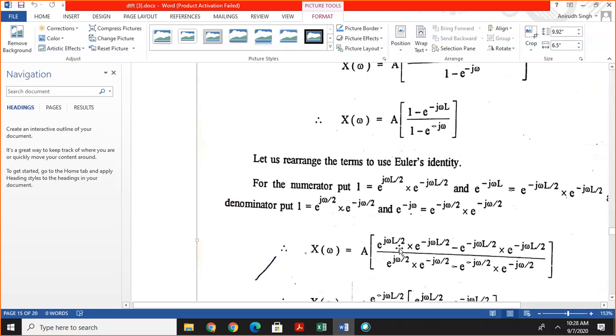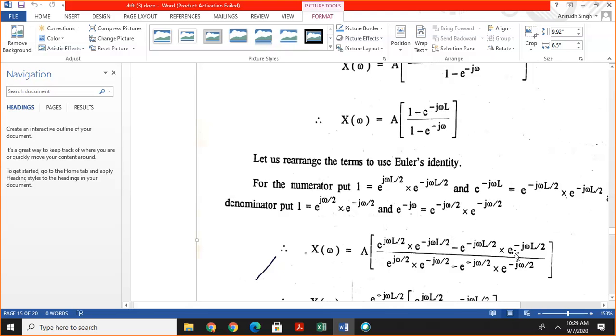One is replaced by exponential j omega L by 2 multiplied by exponential minus j omega L by 2, because in this case, in the numerator, the term exponential minus j omega L is present. So here we take capital L. We also include this, and exponential minus j omega L is written as exponential minus j omega L